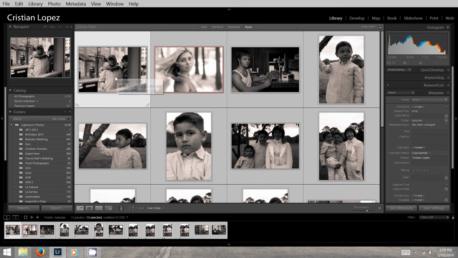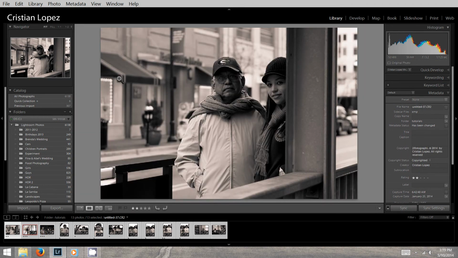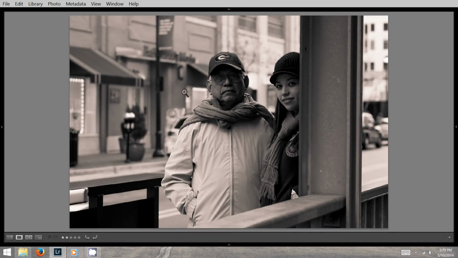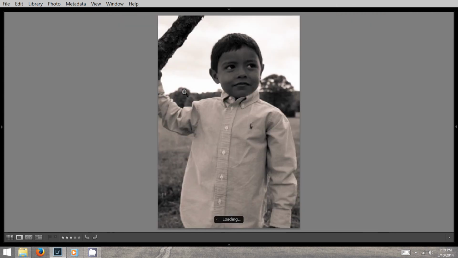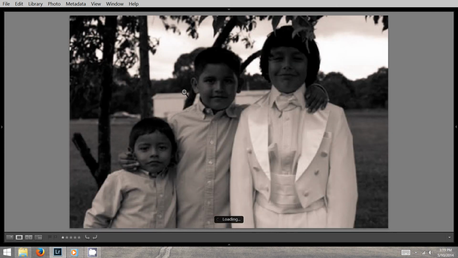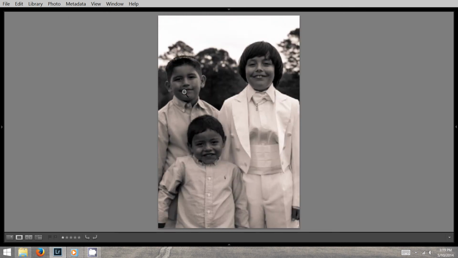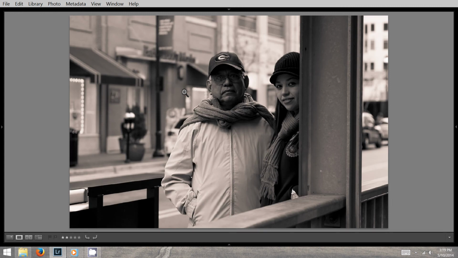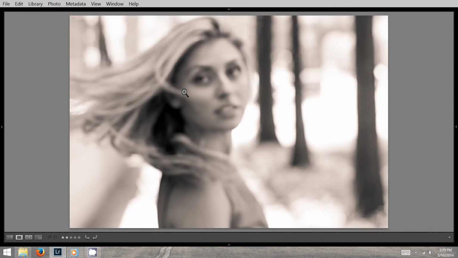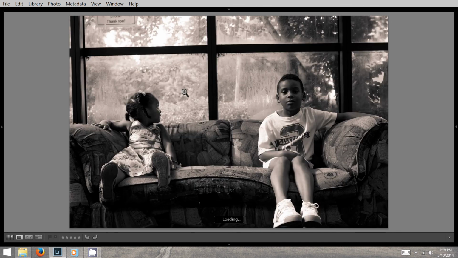And now I can come down here and look at my image. And as you can see, those settings were applied to all of these images, which means that all of my photographs are going to look the same. And people will know that this is a Cristian Lopez photograph. Alright, and that's how you create a